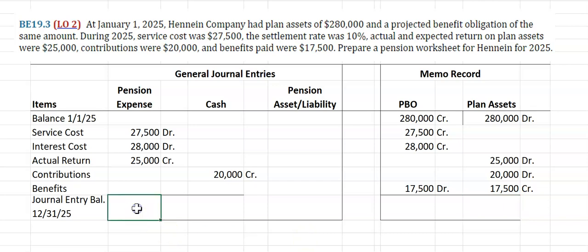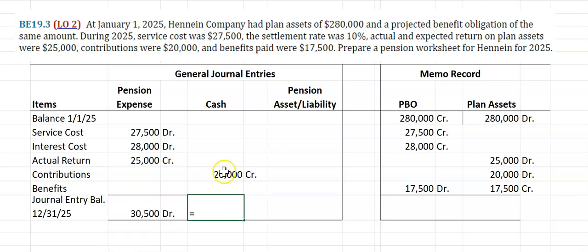So for pension expense, let's figure out the balance. It's a debit balance, so we will add these two debit items, and then we have return, which is reducing or which is a credit item. Under the pension expense column, we'll subtract that. So our balance for pension expense is 30,500. Remember, it's an expense, and of course debit sides are bigger, so we will figure out and call this balance as a debit balance. You can do a small T account, so you will end up with the same pension expense,